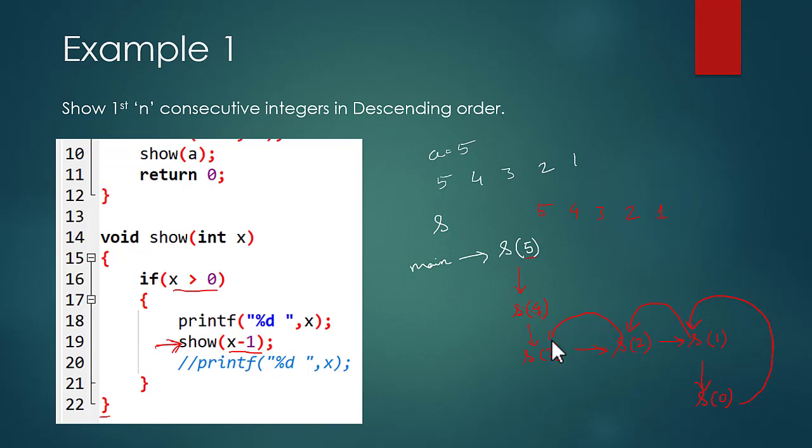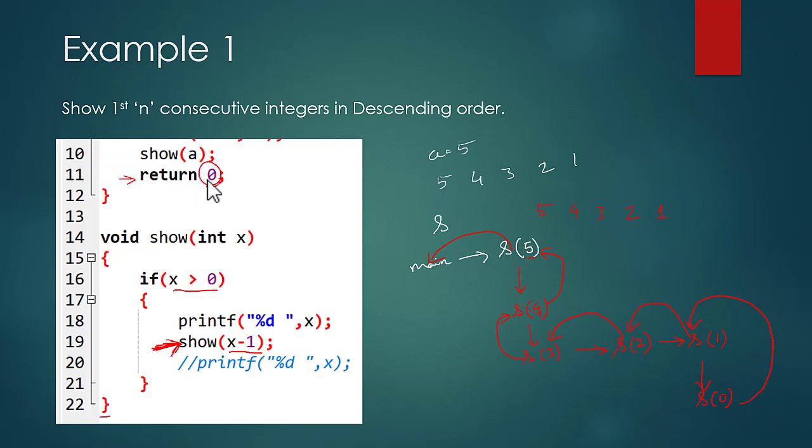Now s3 we have left in this position, there is nothing left to be done in s3, so it will go back to its calling function s4. S4 also we have left here, so there is nothing left to be done, so it will go back to its calling function, that is s5. And finally s5, we have left s5 at this position, so it will go back to its calling function, the main function. In the main function it will go back to this return statement, and main will return the 0 value to its calling function, that is the operating system.